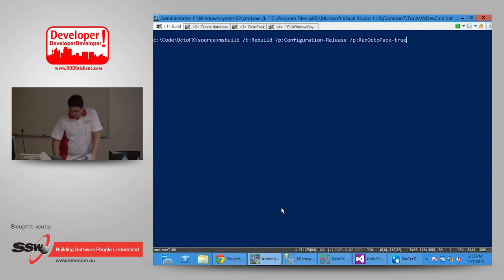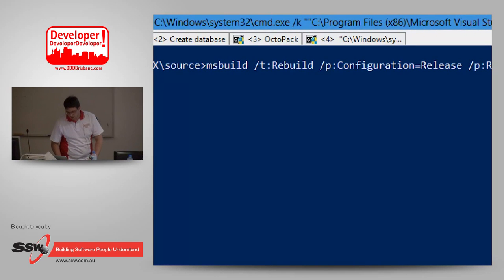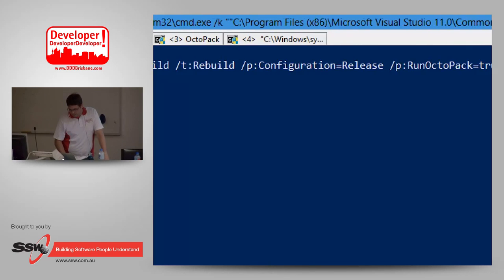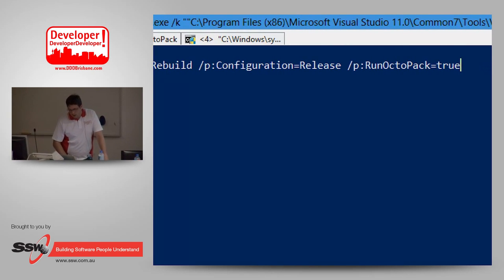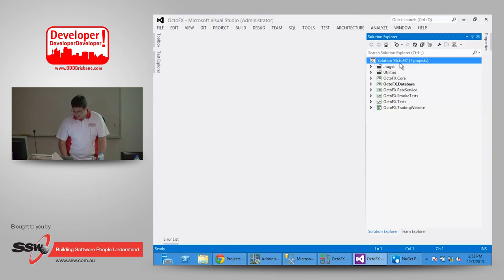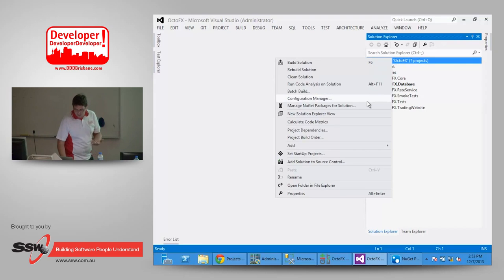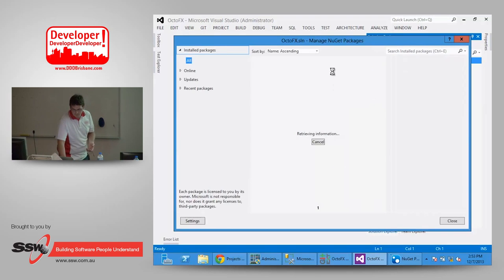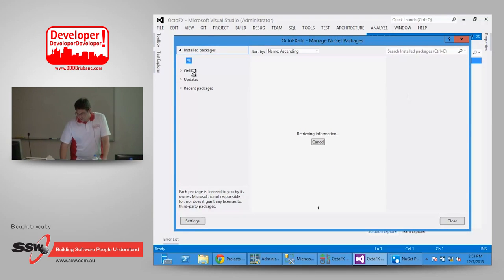To build that, I can go to the command line. And you're familiar with MSBuild, so we just run MSBuild /t:rebuild, configuration release, because it's a release build, and then you just add one more parameter, which is RunOctoPack=true. And the job of OctoPack is to create these NuGet packages from your app. The way you set up OctoPack is you'll go in here,